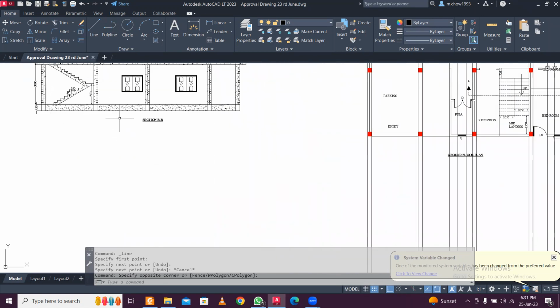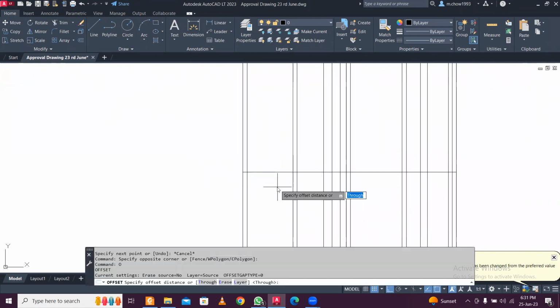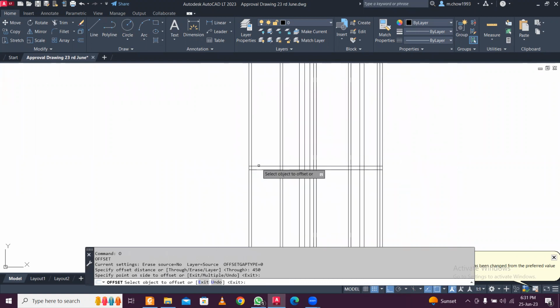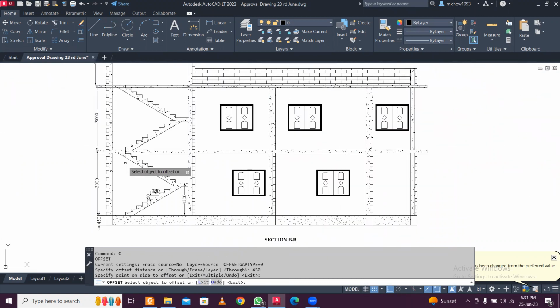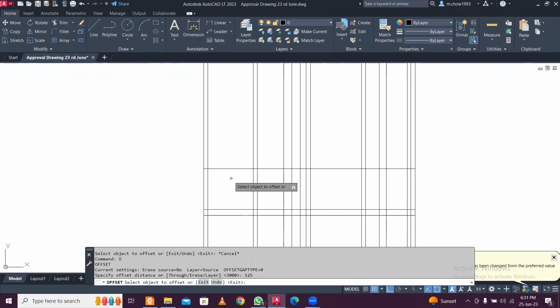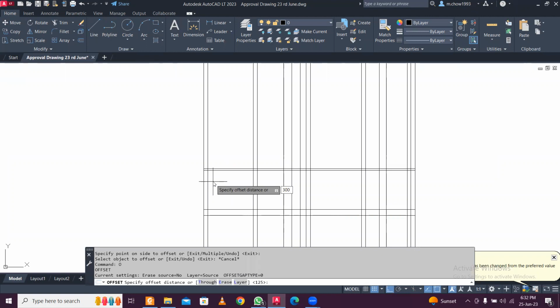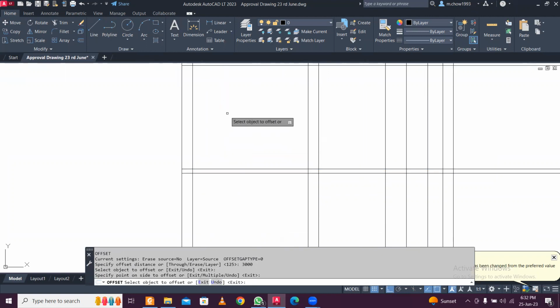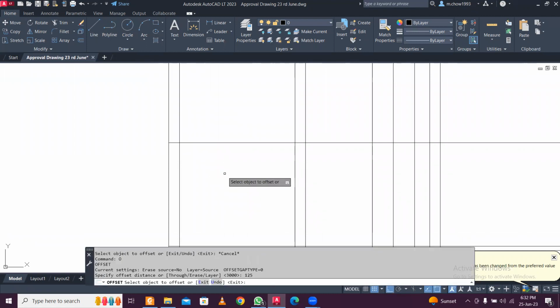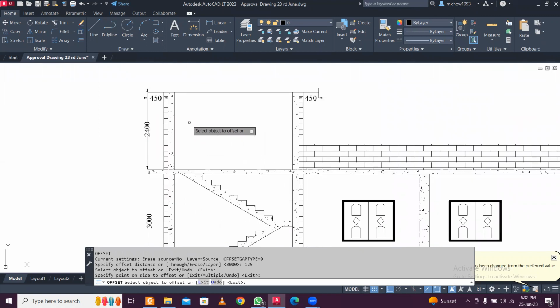floor level, also GL, and we'll just take 450 as our plinth height. So just take a 450 offset above the plinth height. So this is the plinth level, and the floor to floor height we'll take as 3000 or 3 meters. So we'll take the offset 3000, and 125 will be our slab thickness. So 125 below, and again this is a two floor building, so 3000 again from this portion, and below, the slab thickness is 125, so 125 is here, and the height of the headroom or the mumty room is 2.4, around 9